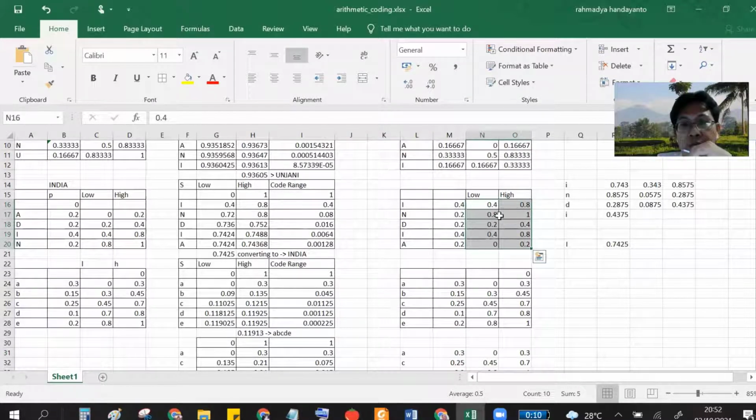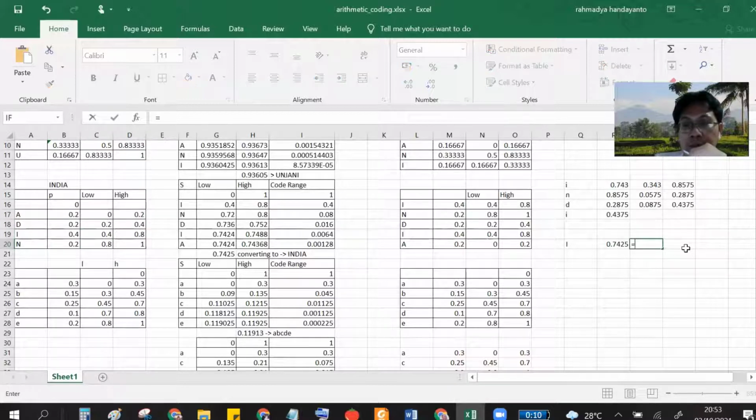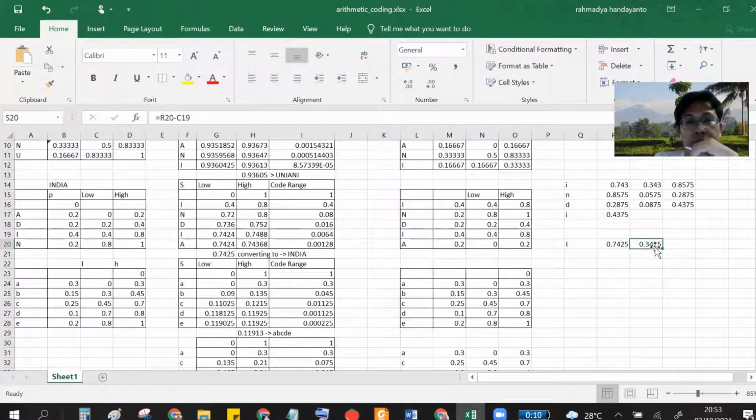0.74777, I think it's more easy. It's inside the I range. Because I is from 0.4 to 0.8, you should correct it here, minus the low. Here you see there is a new difference